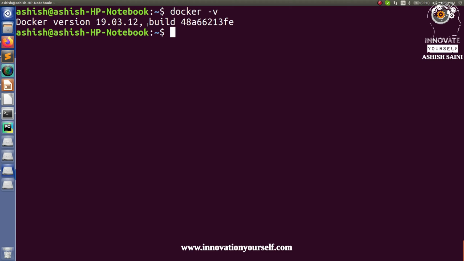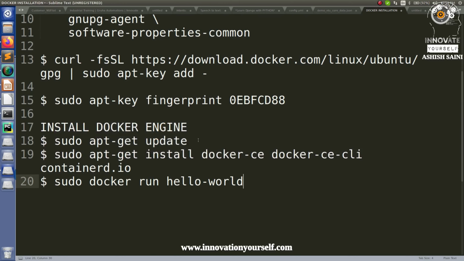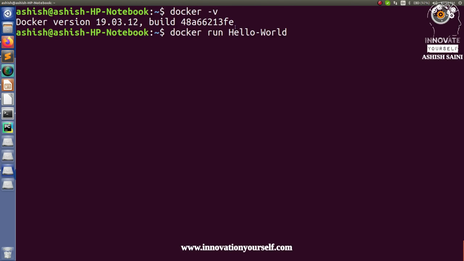So to do that part, I'm having this query like docker run hello-world, and make sure this spelling matches with this. Okay, I'm making a mistake over here. So the W will be small and the H will also be small, right? So in this way you have to write it, because this is not the name that you are specifying, this is the name that is already on the Docker Hub. So from there you're just fetching it, right?